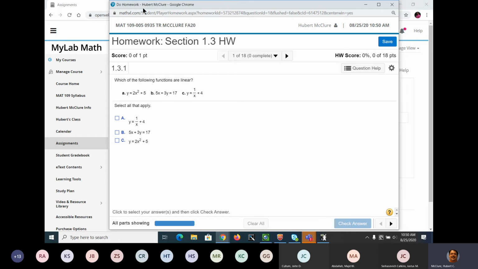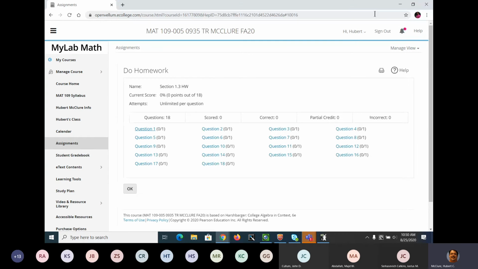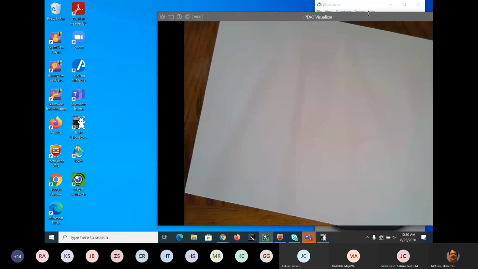But like in this case, which of the following are linear? Okay. Now this is the parent graphs. I'll go over the parent graphs right quick, because that's just where this is heading. What you need to do is take a piece of paper. We're going to spend the next few minutes of class time on this process called the parent graphs. So I need everybody to take a piece of paper